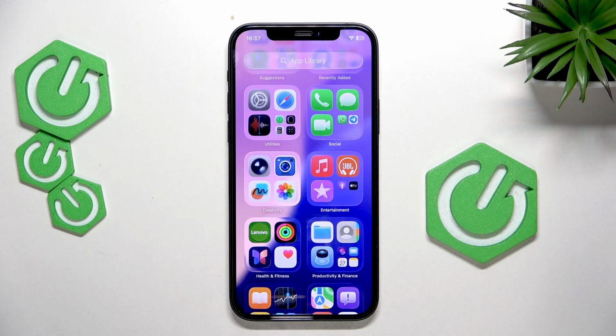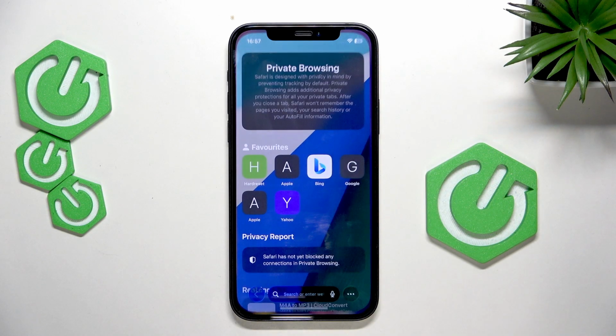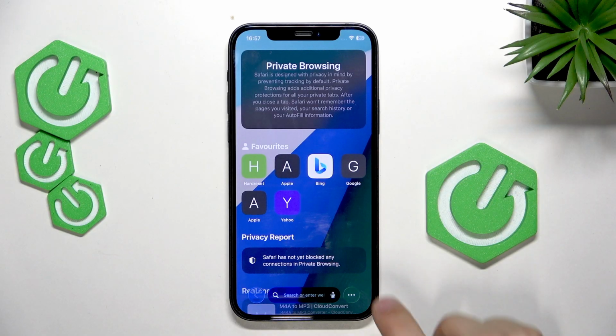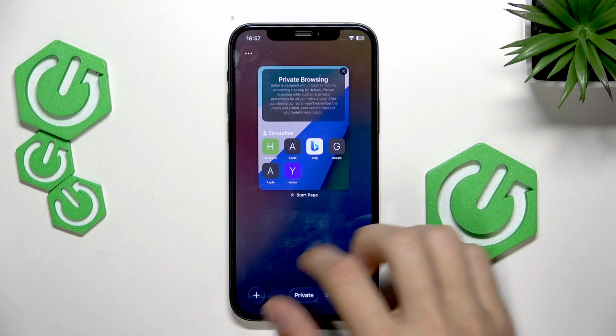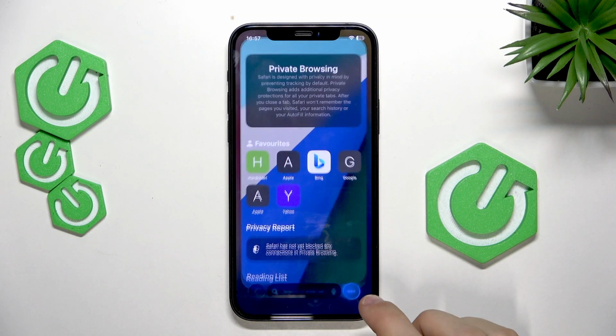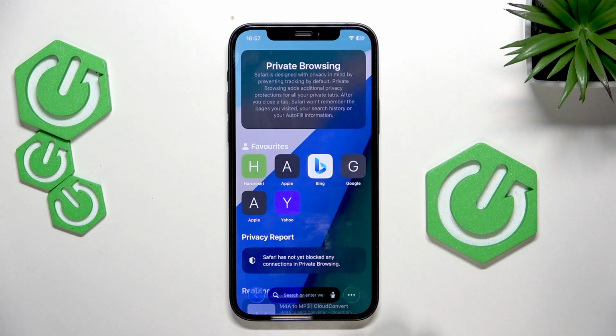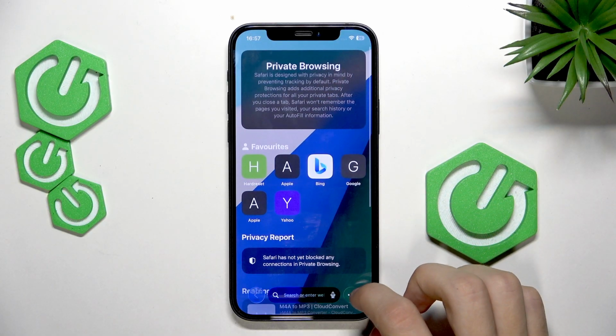So if you have private browsing enabled in Safari, this is what it looks like. The main page says private browsing on top, and this is what the tabs look like. And if you want to remove that, if you want to exit out of the private browsing, what you can